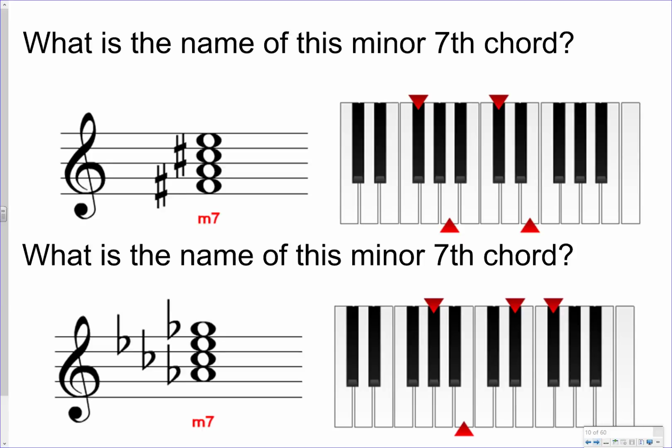Can you name these minor seventh chords? To name a seventh chord or any triad, you need to find the root. That's how we get its name. So in our first example here, we have an F sharp in the bass. So this is an F sharp minor seventh chord. In the second example, we have an A flat in the bass. This is an A flat